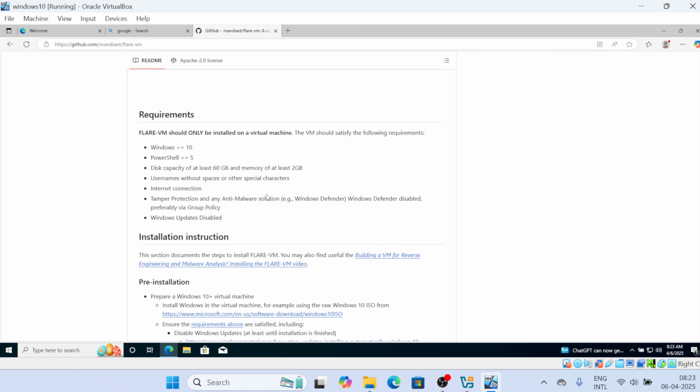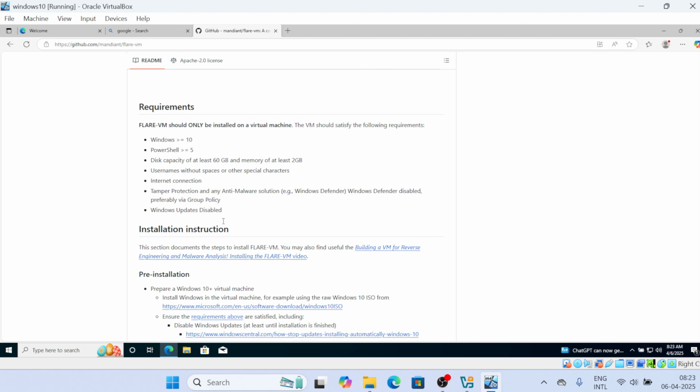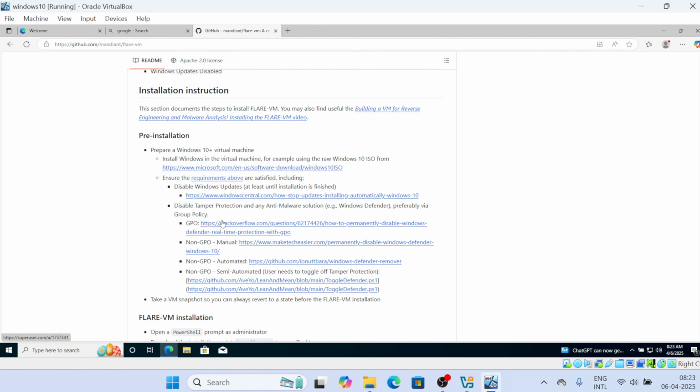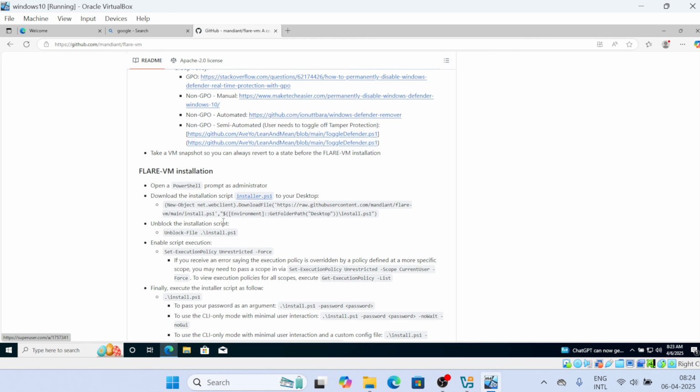We will go down and see the requirements. We should have Windows 10 and above. It is there. We should have PowerShell. Disk capacity should be at least 60 GB and memory of at least 2 GB. We already have that. Username should not have any spaces. Our username is John, so there is not an issue. Internet connection should be there. Windows Defender should be disabled and Windows Update should be disabled. So we will do this when we install. First,